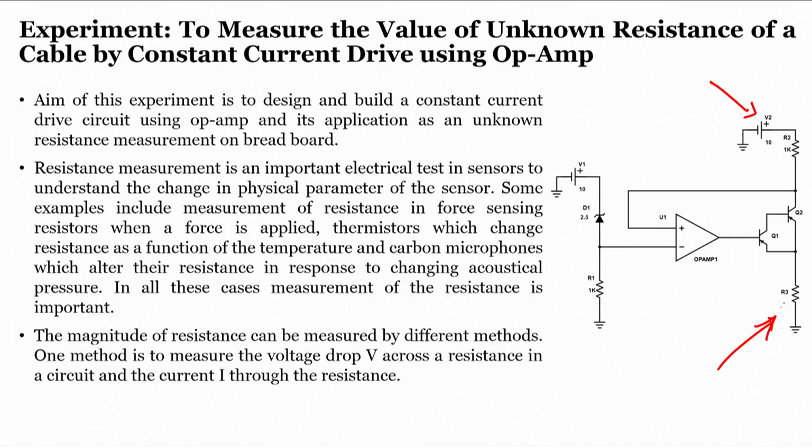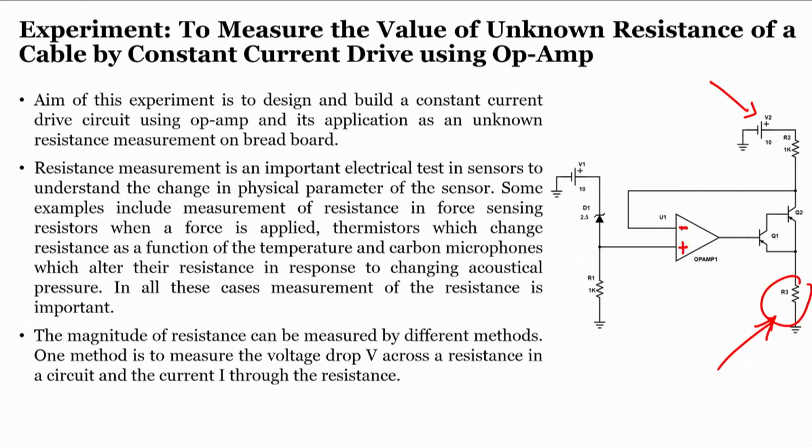So, this particular resistance R3 which is shown here, we need to measure what is the current flowing through the resistance R3. If you want to know that, we need to have either a constant voltage source or a constant current source. But if we do not have that, then how can we design such a circuit which will give you a constant current or constant voltage source, so that we know the value of current flowing through R3? To do that, we are using operational amplifier. The one correction here is this is the inverting and this is non inverting terminal.